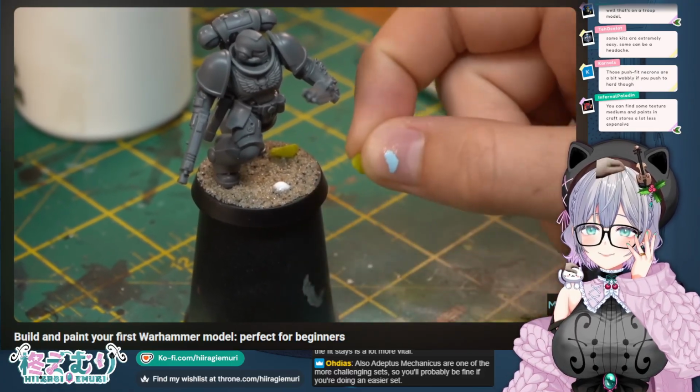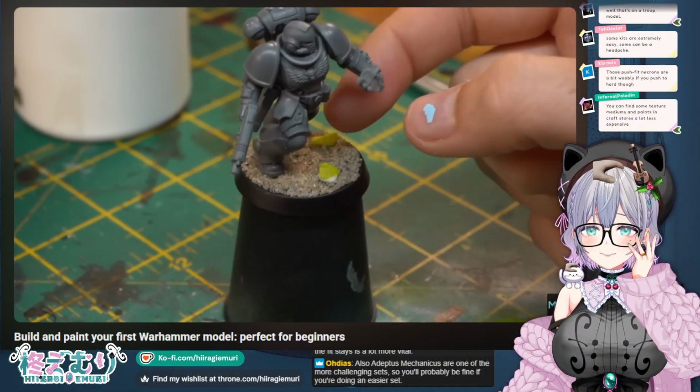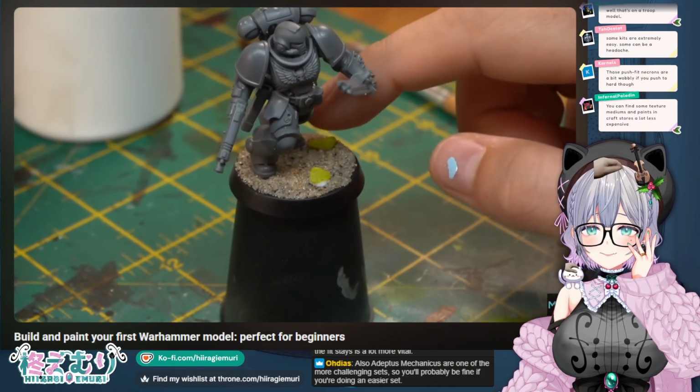And if any sand dried to the model's feet or legs, no problem. Just scratch them off with something like a cocktail stick, if you don't have any...